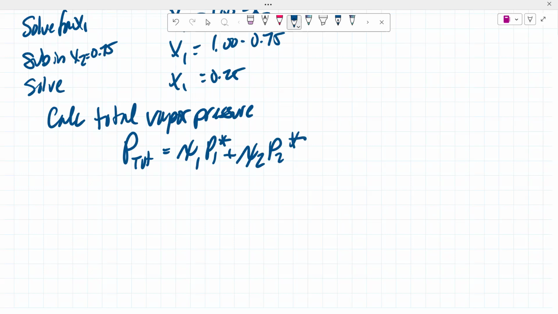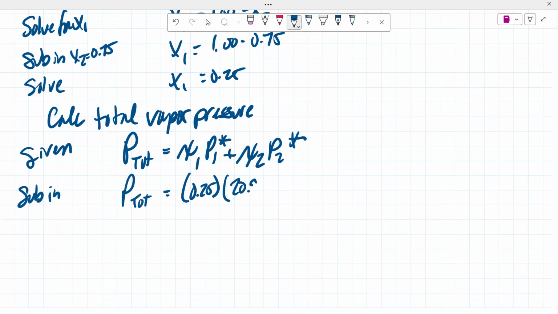All right, this is given, the equation from above. Now we're going to substitute in: the total equals 0.25, that's what we just solved for,